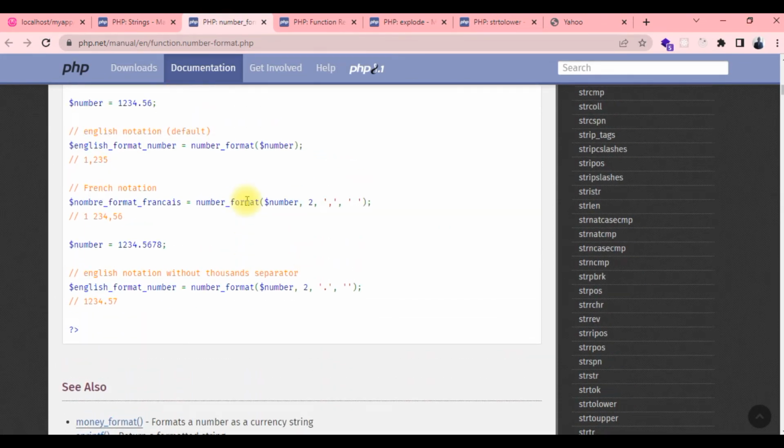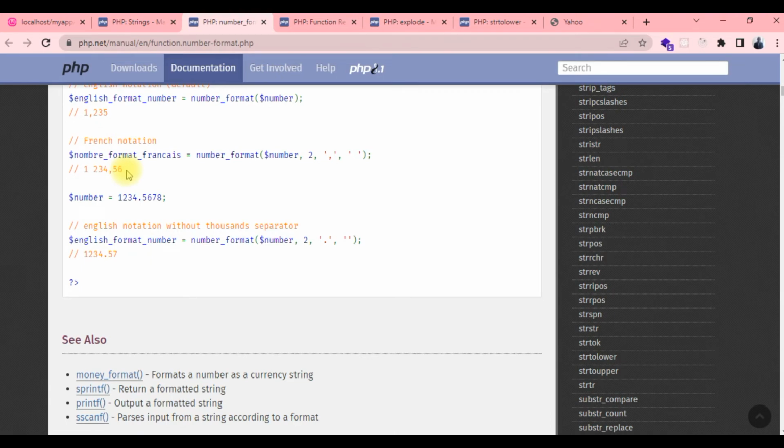If you type a number of this type, 123.56 or just 123, pass it to a variable, then you now call number format on that number. It's going to return it with a thousands separator like this, and then you can now specify, if you like,